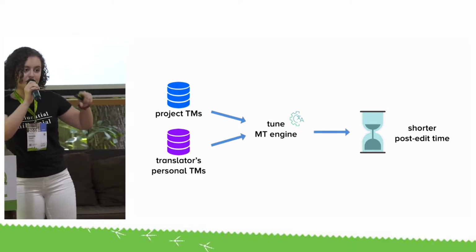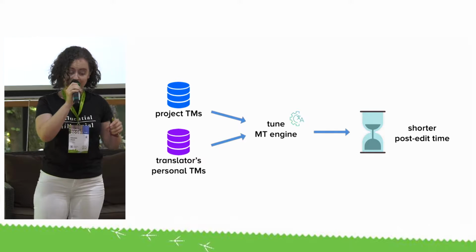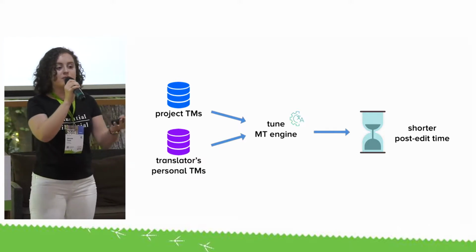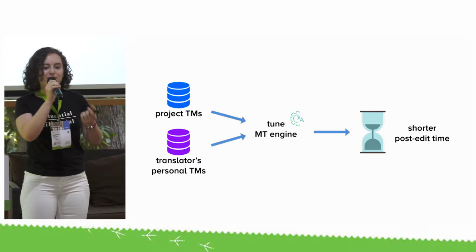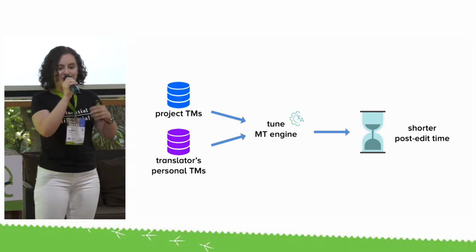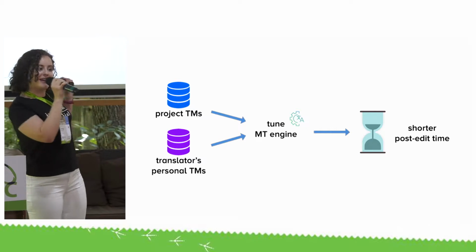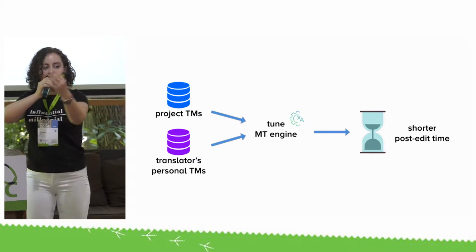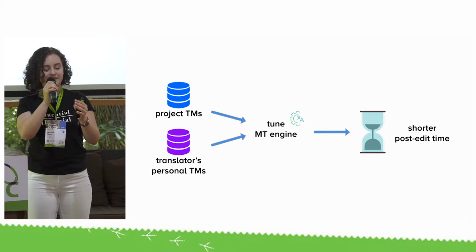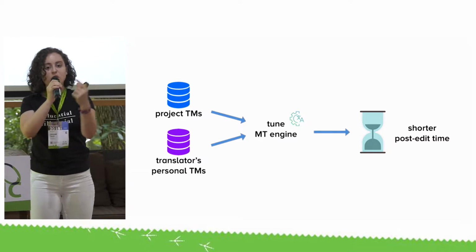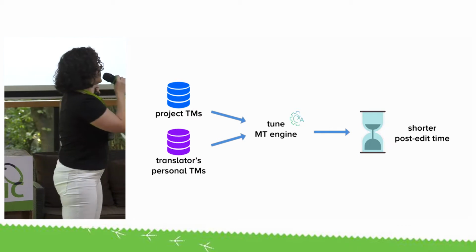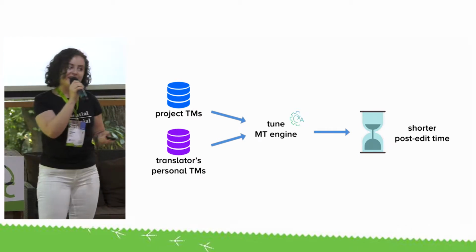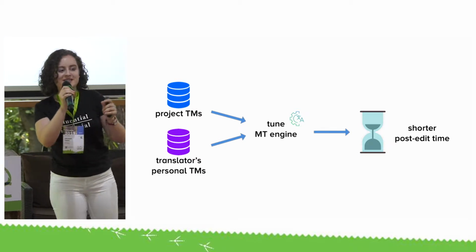So you can take a smaller translation memory. That is, for instance, this project's or this client's translation memory. Or if you're a translator, you can take your personal translations that you did, and you can plug it in at the very end of the neural network. You can plug in this smaller data set, and you can tune that engine to your personal data. And what this will do, it will encourage the engine to be biased towards that smaller data